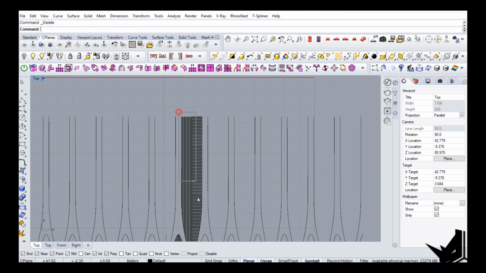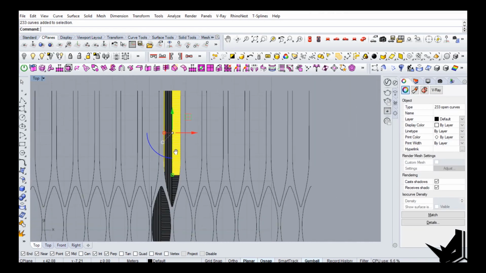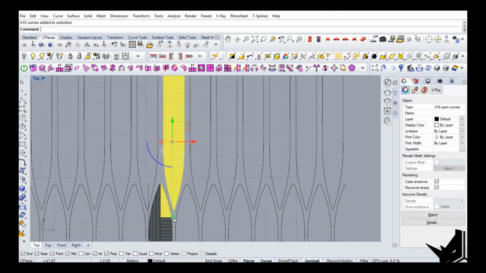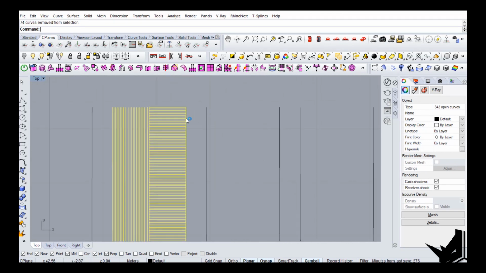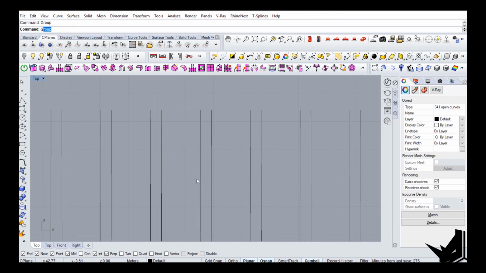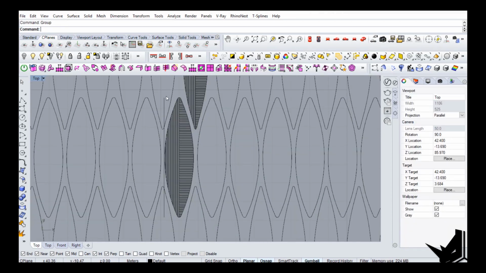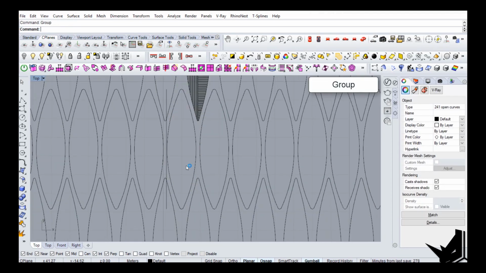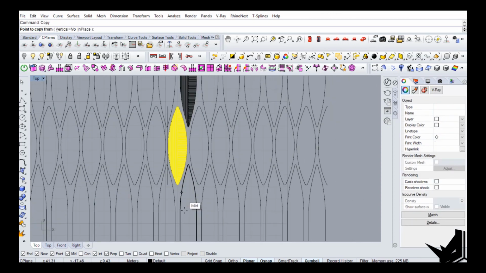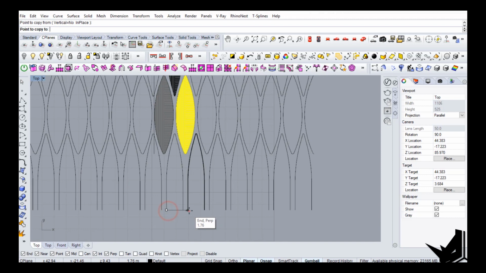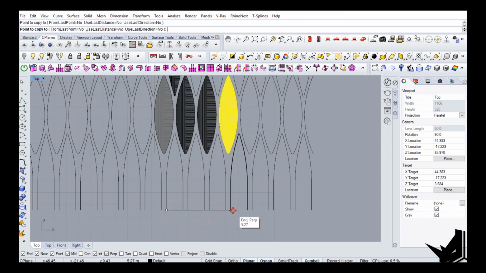Okay, so once we have this, let's select all of them, and without these guys and this one, let's group it, and we're going to do the same thing here. Okay, so once we have this grouped, we're going to basically copy it on the other ones here,